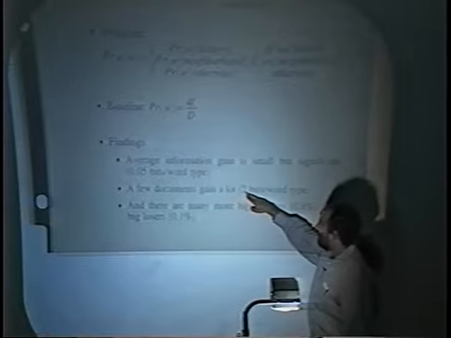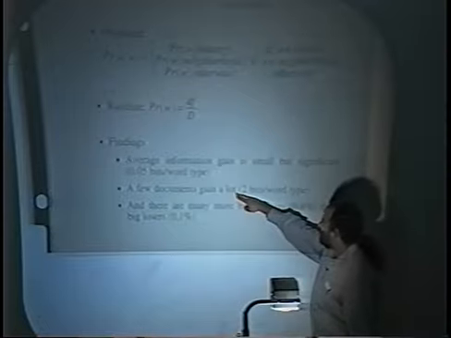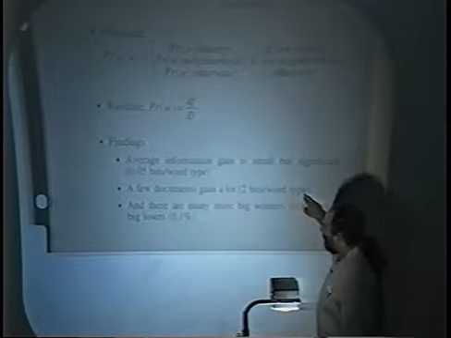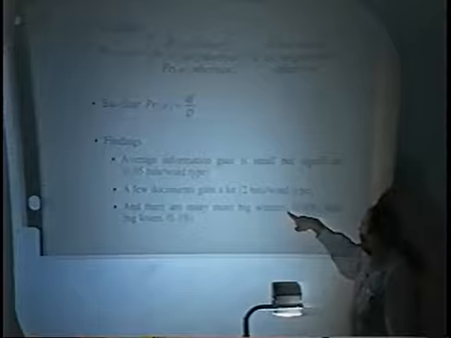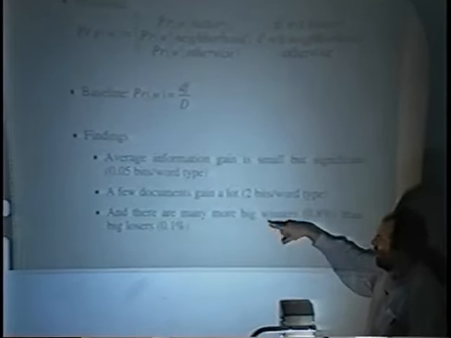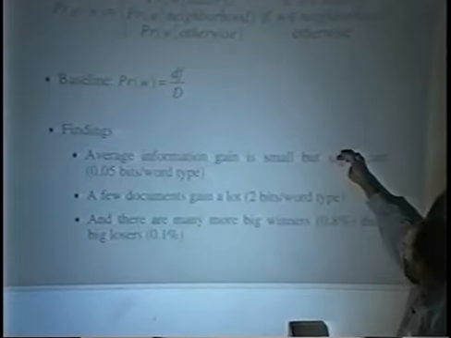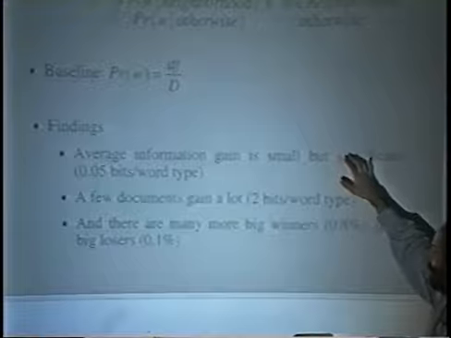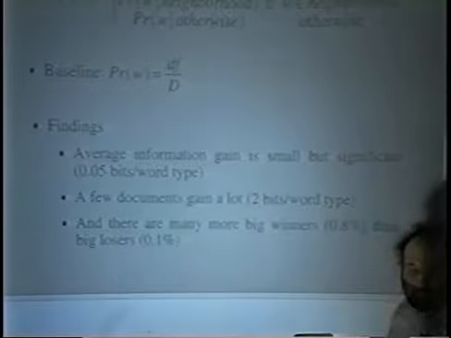There are a bunch of documents. There are some non-trivial number of documents that gain a huge amount. And there are many more big winners than big losers. And what I think I can do is I think there are ways to improve the method to fix this. And this is showing that there's real promise. Let me show a QQ plot